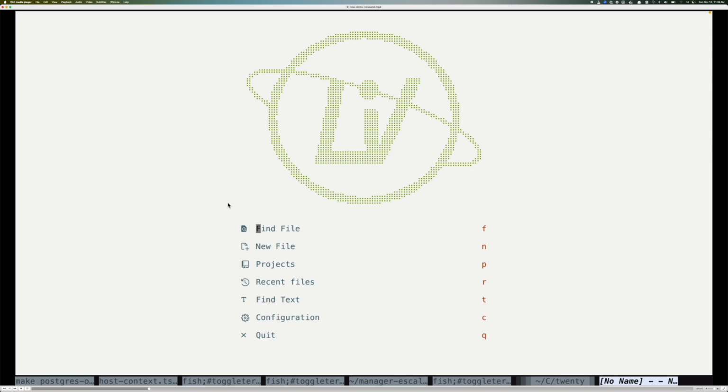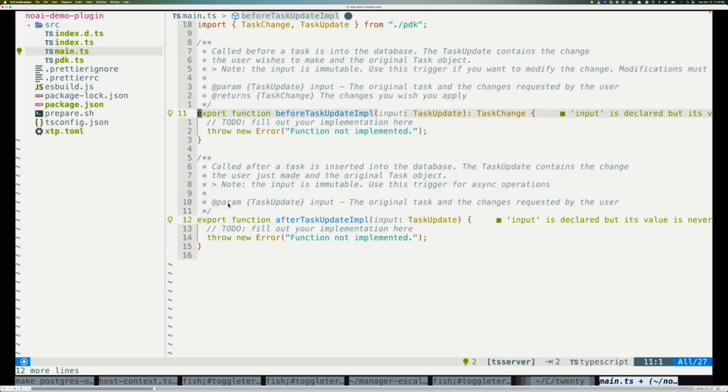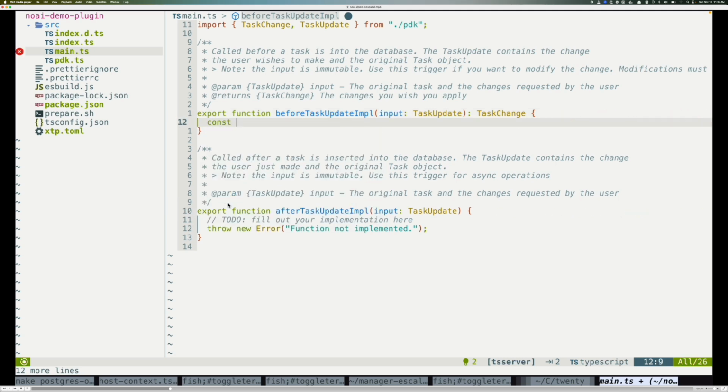I'm going to open up an editor here, and we're going to go into the bootstrap part. Right now I'm just focused on tasks, so you only see these two, but I basically have a before and an after on the update part of this task. You would imagine we could have different functions that allow you to hook into different things, like before create task, or before delete task, or after delete task. But I'm just interested in the task update, and exporting these functions to the application is a way of saying I'm interested in getting events about this task update, right? So we generate all this code for you, and we generate all the bindings.